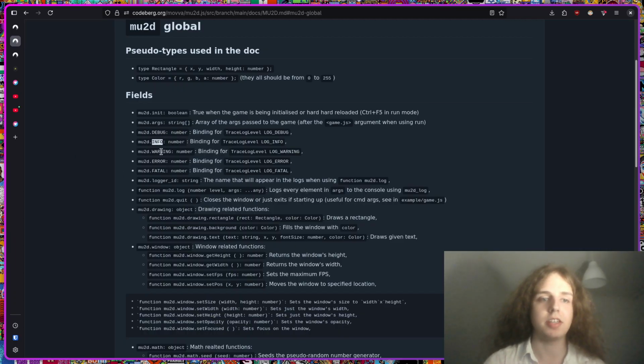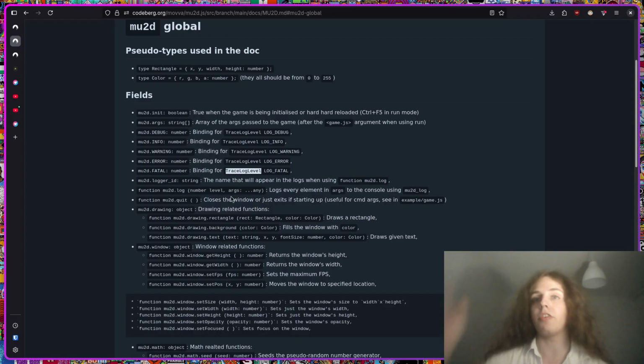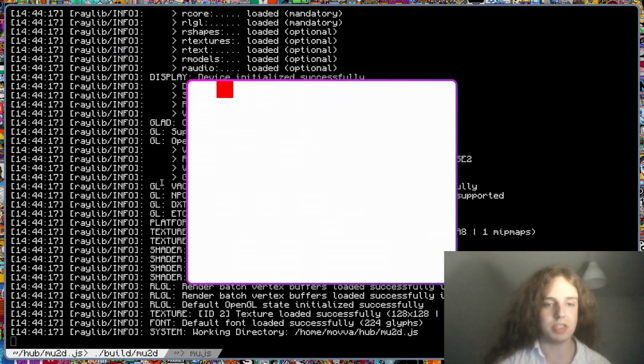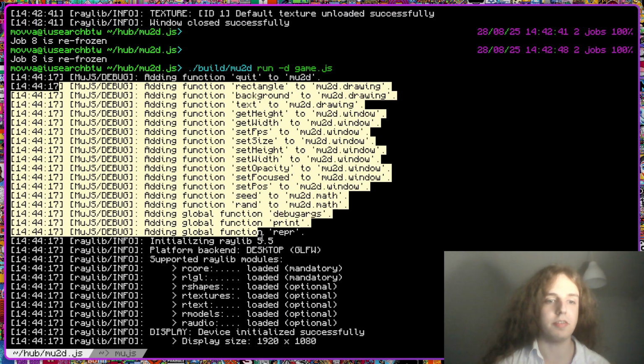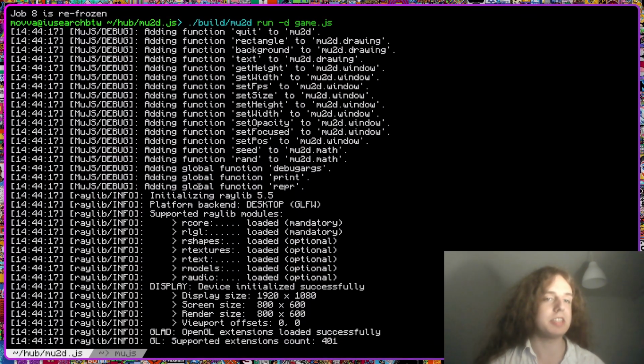So then you have debug, info, warning, error, and fatal. Those are log levels used by the logger. So if you know a bit of raylib, yes, this is the raylib type for logs. I'm reusing it because of the function I'm using to log stuff myself, so not the raylib stuff, you don't see them yet. So actually I can use the debug flag, and you can see that we do log some stuff, only debug stuff, but we do. And so it's using the same type because it's also used as a callback for raylib.